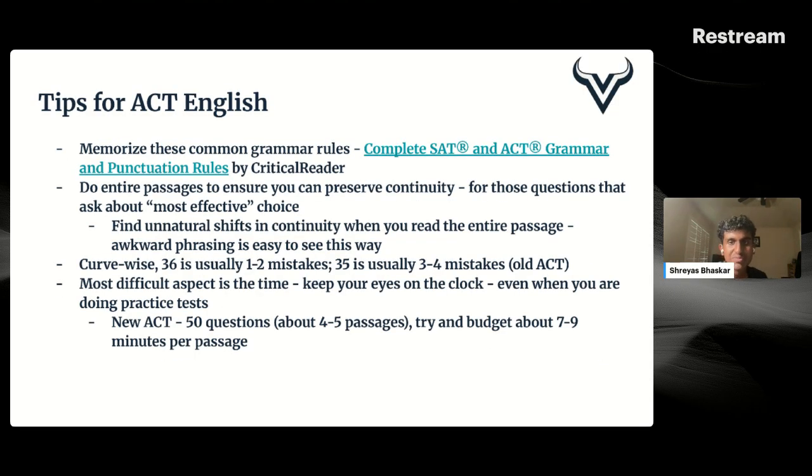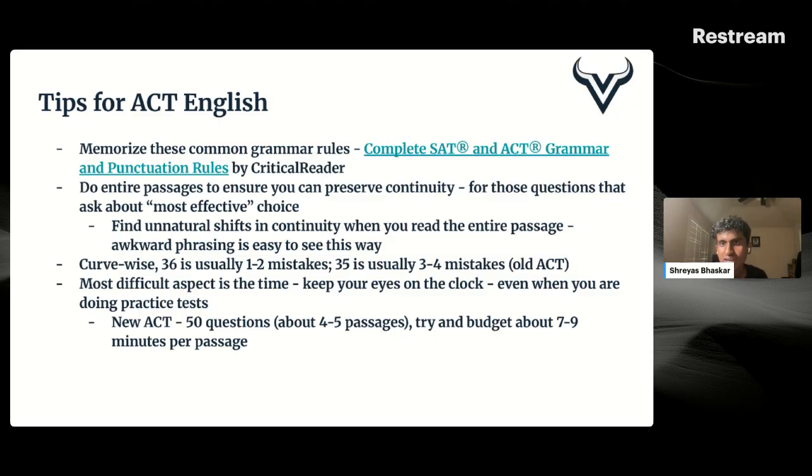So I'll just give you some tips for each ACT section to round out this video. Firstly, for ACT English, memorize these common grammar rules. This list will be pinned on the WhatsApp group chat. Don't worry. So yeah, memorize those rules and try to the best of your ability to apply them during